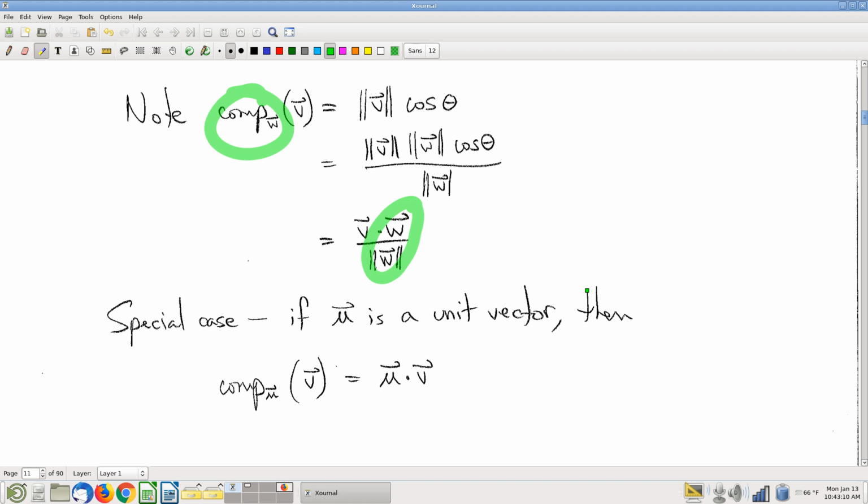Right? It's still dotting with, there it is, W divided by its own magnitude. That's the unit vector pointing in the direction of W. So,